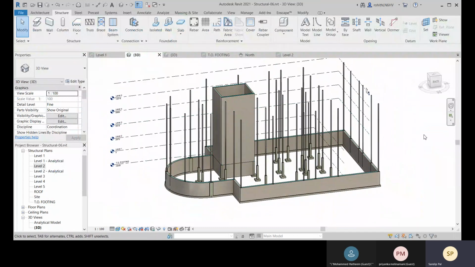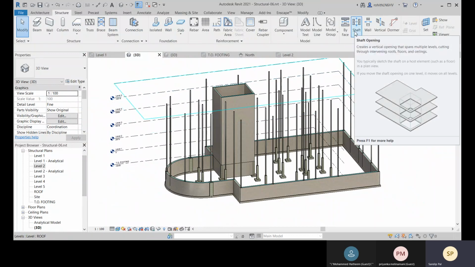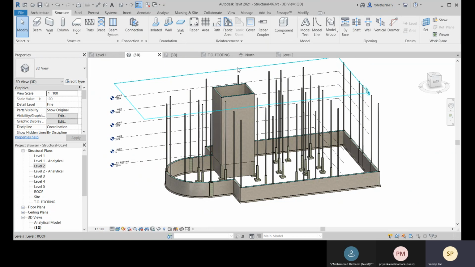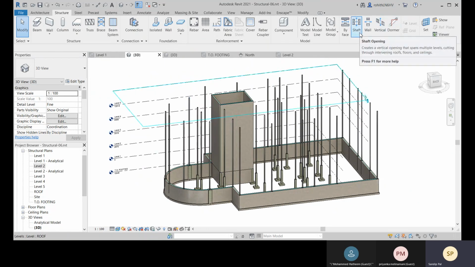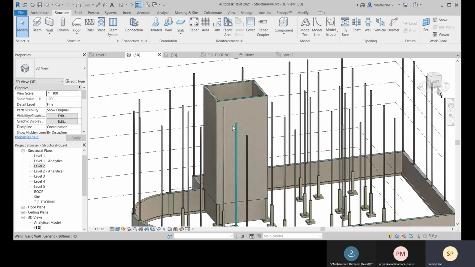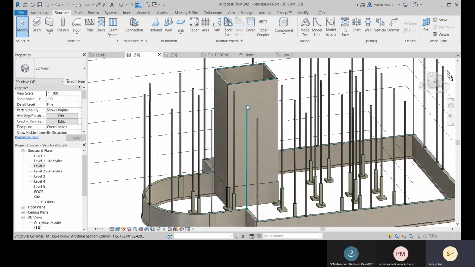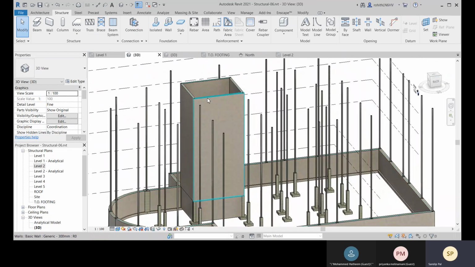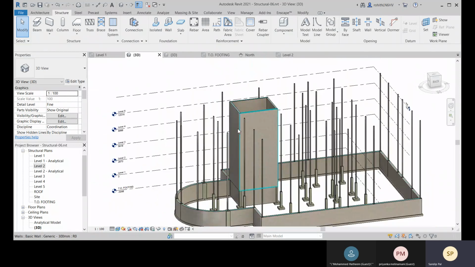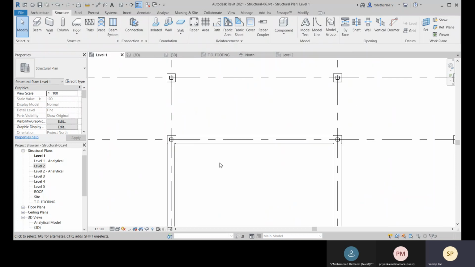And when we create our components for the elevator, we need a shaft opening that we have to create, right? We will complete it with this shaft opening, so that whenever we place any floor or ceiling, it will not obstruct my elevator components. So for that we need this shaft opening. So let me go for it.